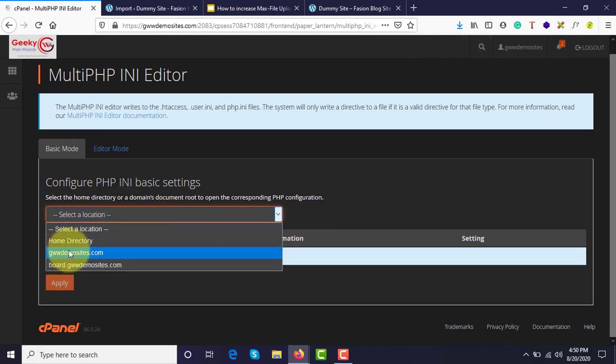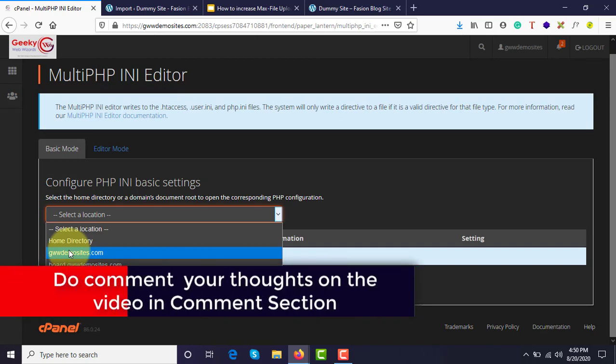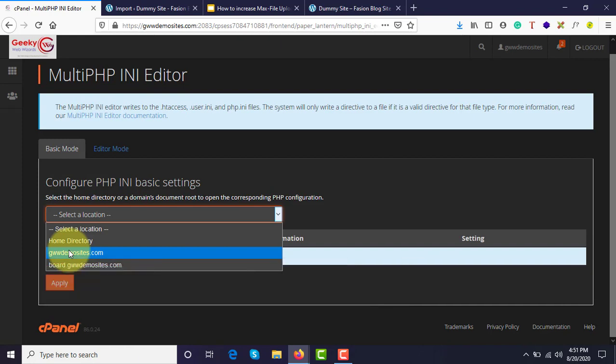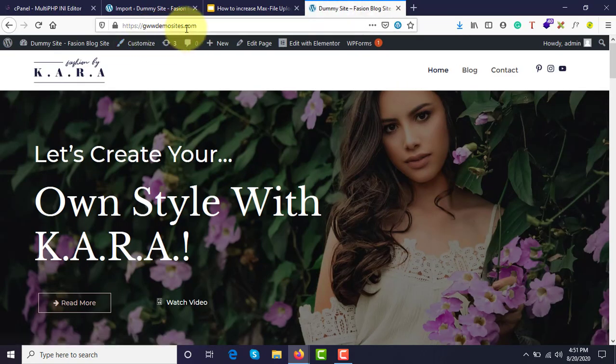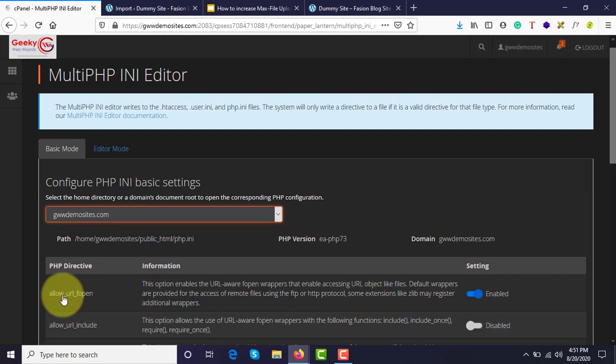PHP INI is nothing but a file which contains all the maximum upload limits, limitations, execution time details, everything. So we need to update that file, and we are not going to update it directly, but we'll use this interface provided by cPanel to update those details. Now this website is under gwww.demosites.com, so I'll select gwww.demosites.com and hit